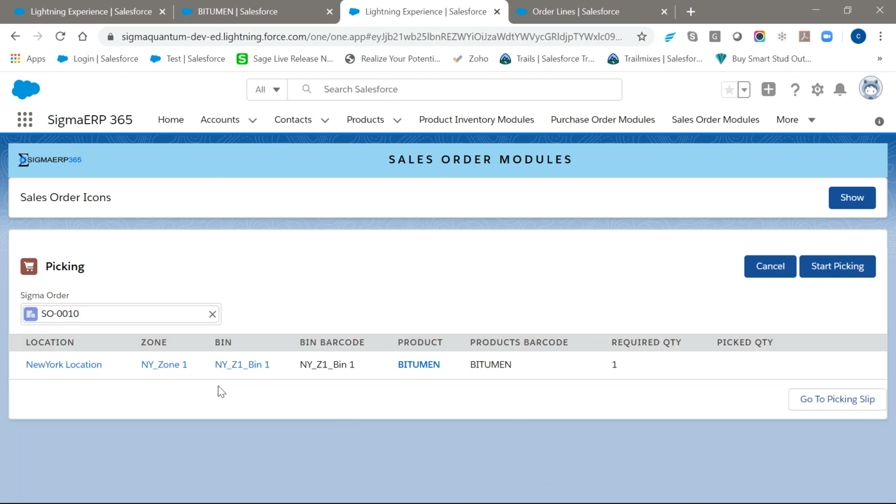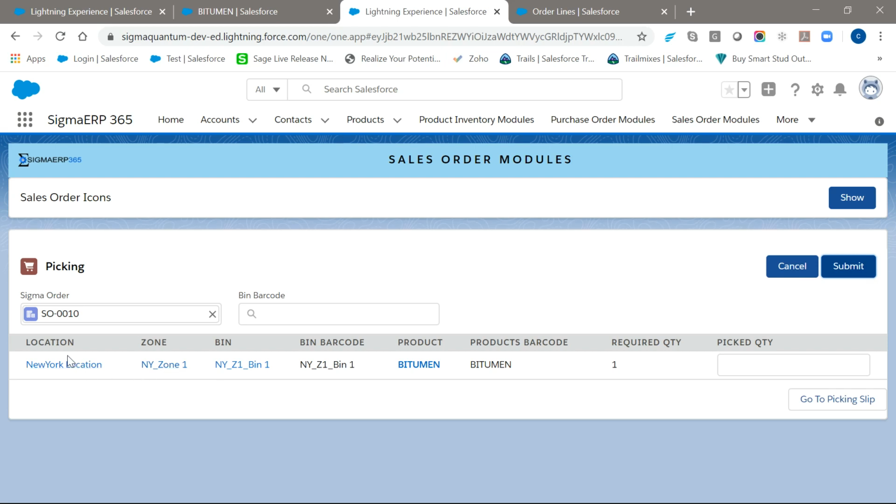Here, it can also be assumed that the picker is a different person who has different credentials, with which he will log into the system and be able to see only the picking tab, where he can click on the orders allocated to him, like start picking. And I also want to mention that all the screens which we are seeing right now are mobile compatible. So this can also be done using a mobile phone or handheld PDA scanners as well.